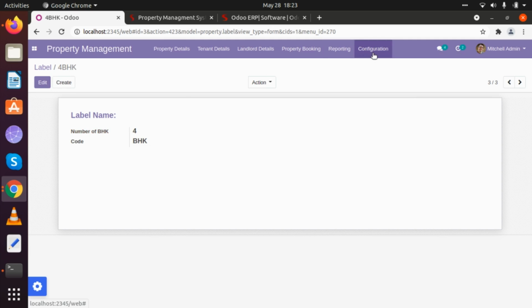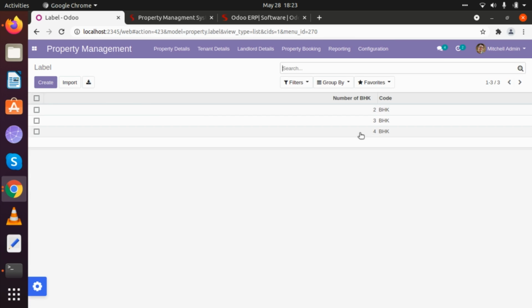So I am adding these details directly. Whenever we are looking at labels, they will be created here. So these are the basic configurations to be added before we add any particular property to our listing.